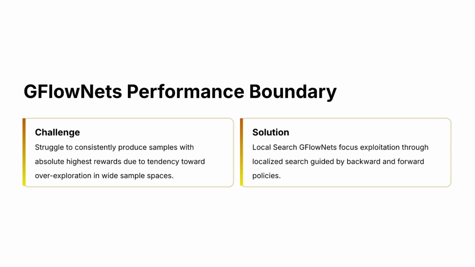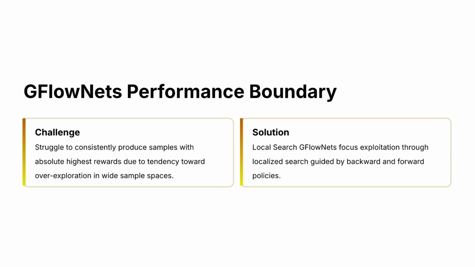So while GFlowNet excels at exploring diverse, high rewarding regions, they do have notable performance boundaries. Because their design encourages broad exploration, they can sometimes struggle to consistently generate the single highest reward samples, especially in larger or complex search spaces. This tendency toward over-exploration means that while they find many good options, they might not always zero in on the